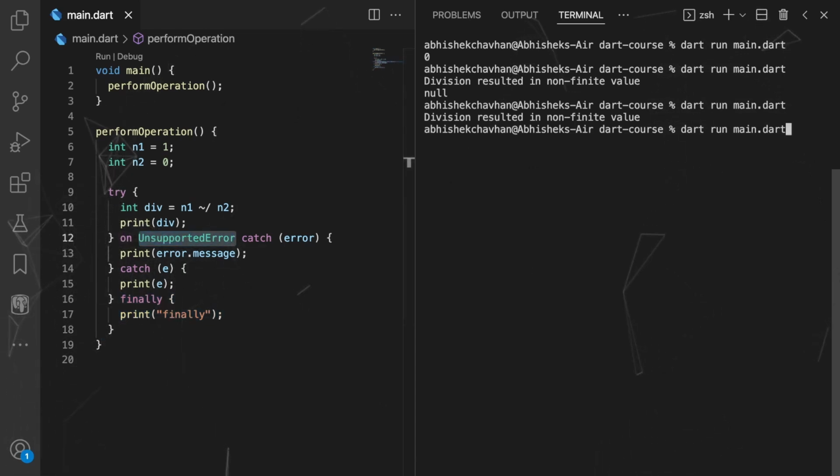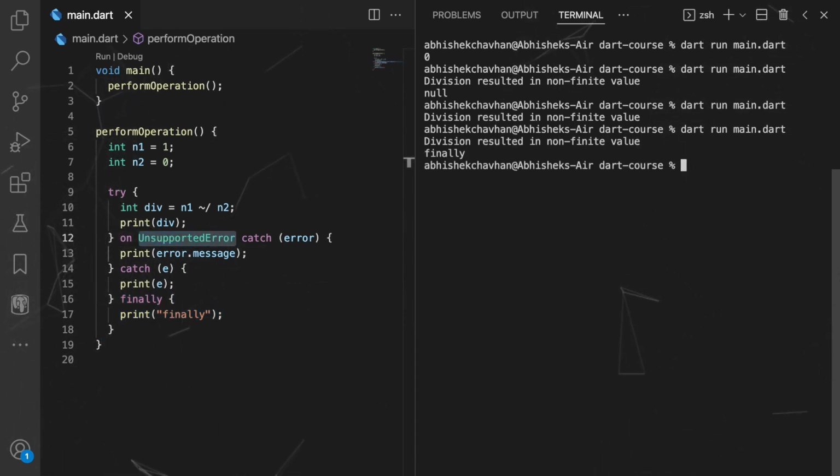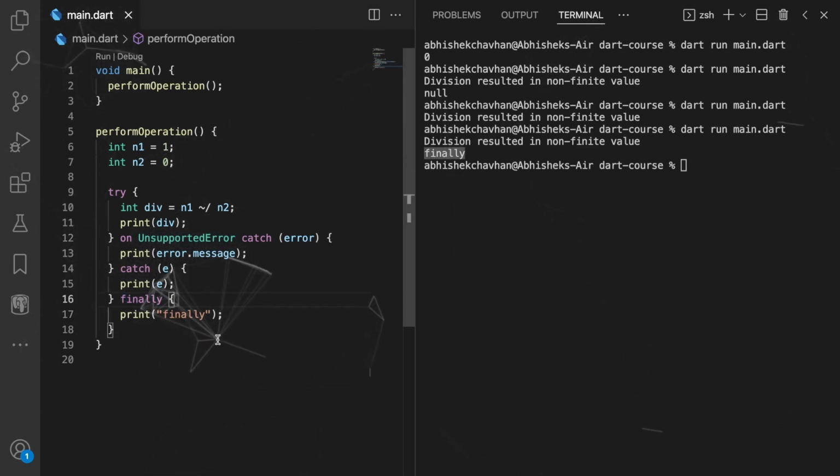That is, if I run the following Dart run file one more time, you can see we'll be getting our finally no matter if we are getting our data or not, that is our output or not. Right, so this is how things will be going on whenever we want to try and catch some exceptions.